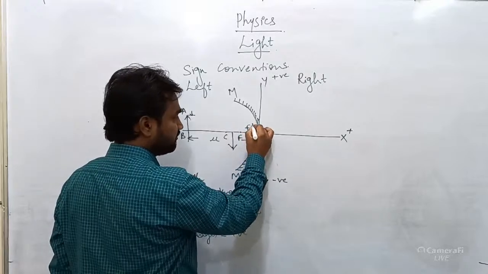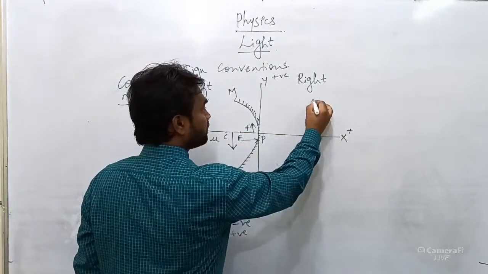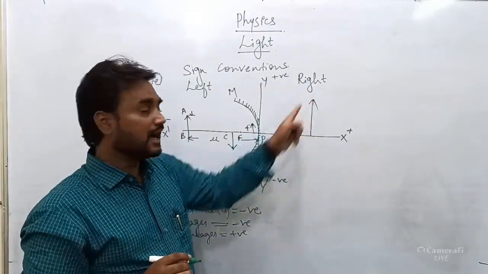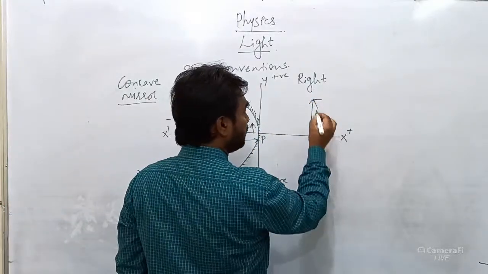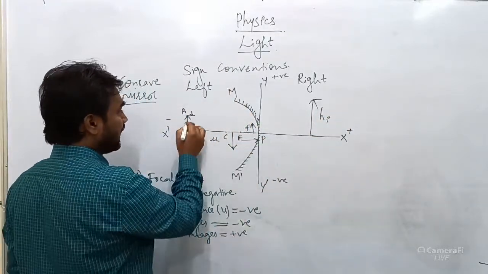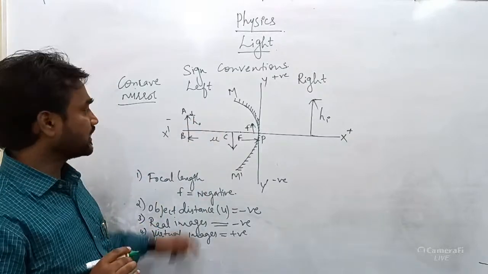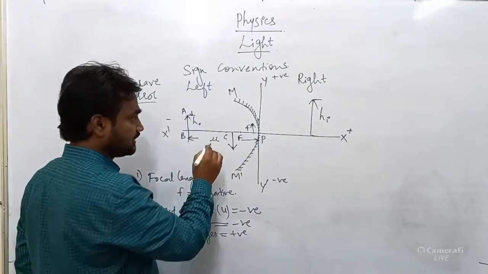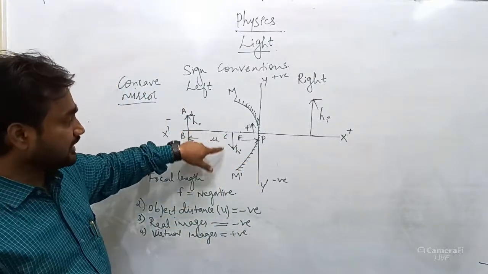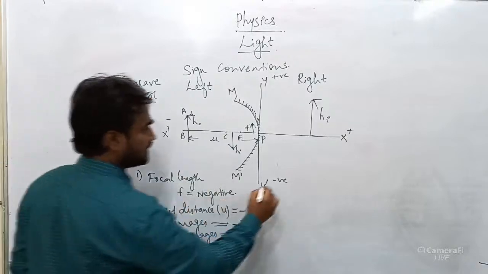Suppose I keep the object between P and F, then you are going to get the image somewhere here behind the mirror. So you can see that this is the height of the image. How is it denoted? Height of the image is denoted by h subscript i, and height of the object is denoted by lowercase h subscript o. Is that clear? And here also it is. So the only thing is that real images, the height of the, I'll write it here,